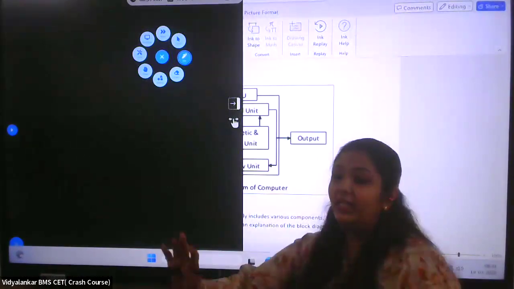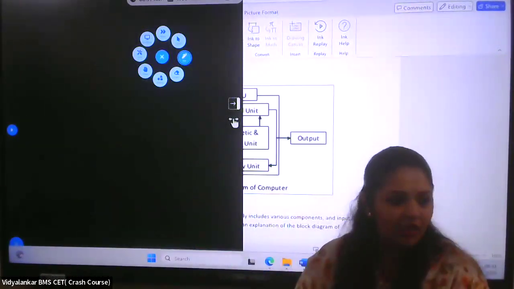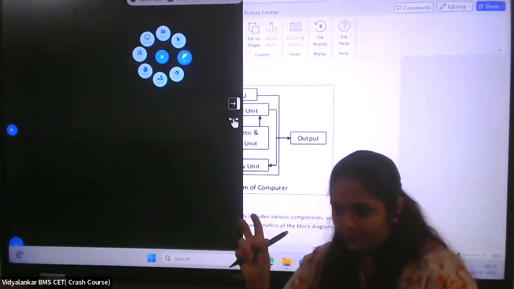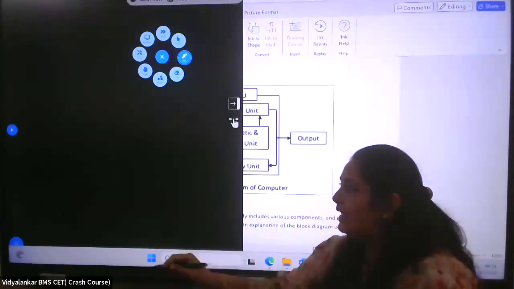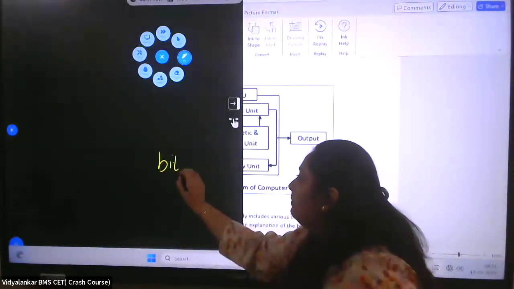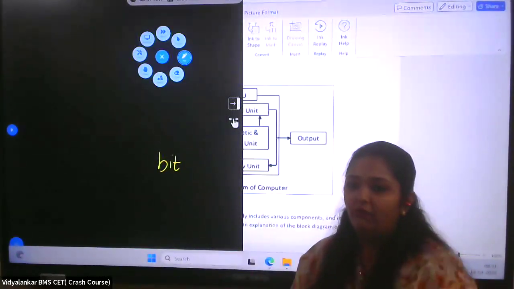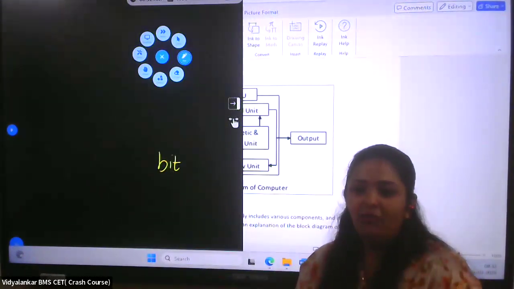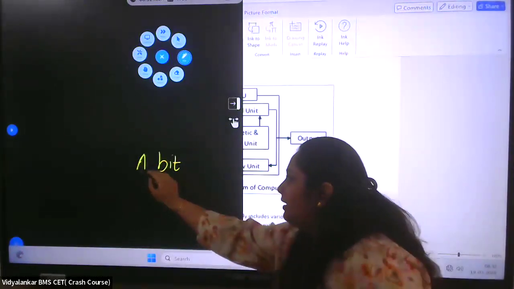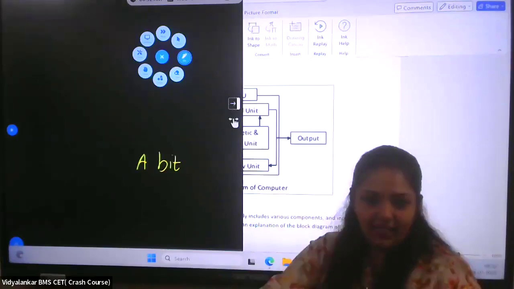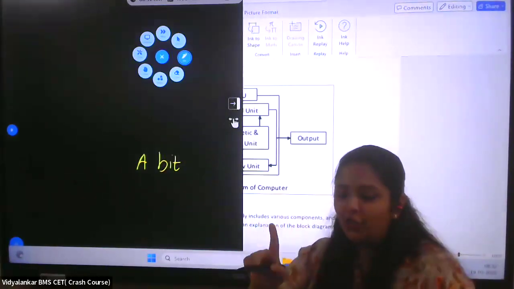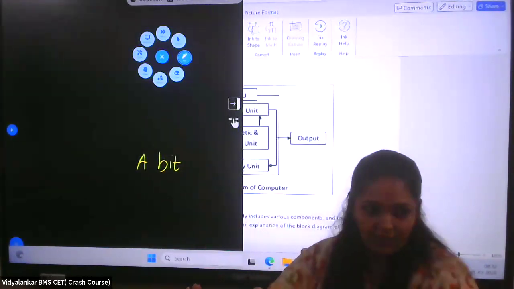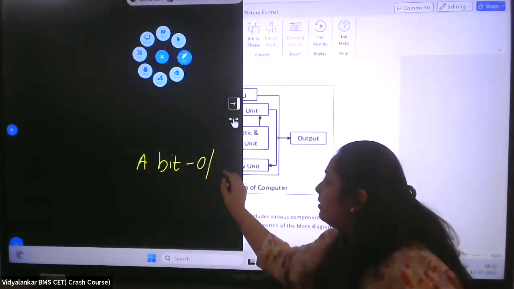So coming back to this binary thing, because everything is being converted into binary, computer understands binary. So now binary has three types of numbers. Now when I talk about a bit, B-I-T, how many digits do you think it will have? It is a bit, so that's only one. So when I talk about a bit, either it is 0 or it is 1, because now I'm talking only about the binary number system.